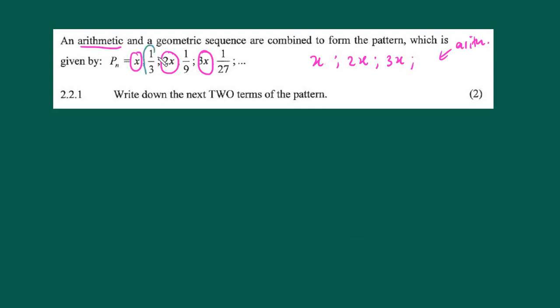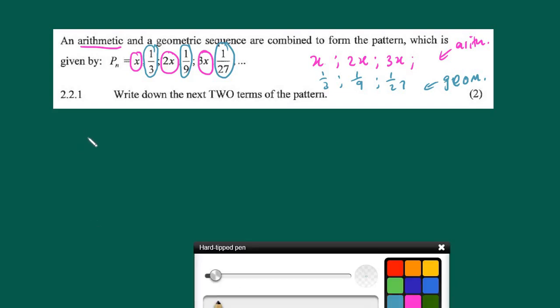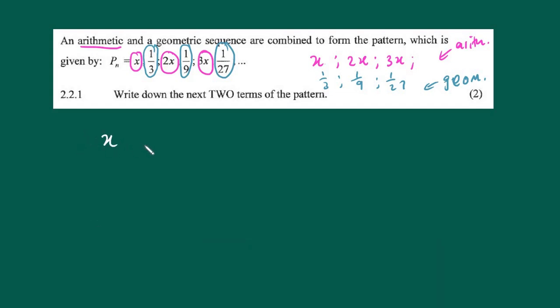And then the geometric part is made up of 1 over 3, 1 over 9 and 1 over 27. So 1 over 3, 1 over 9 and 1 over 27 makes up the geometric part. Now why am I saying that the first one is arithmetic and the second one is geometric? This is because if I were to write x, 2x, 3x,